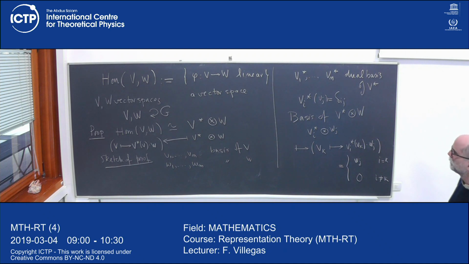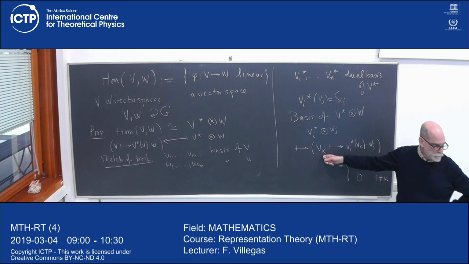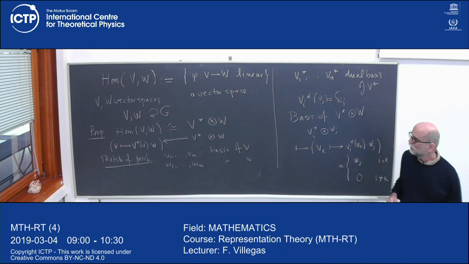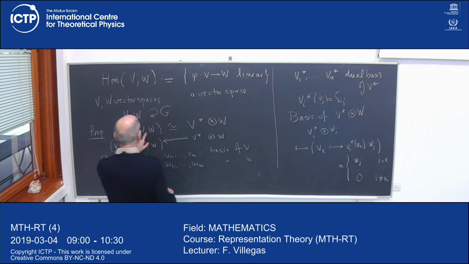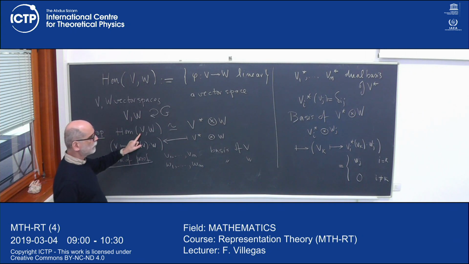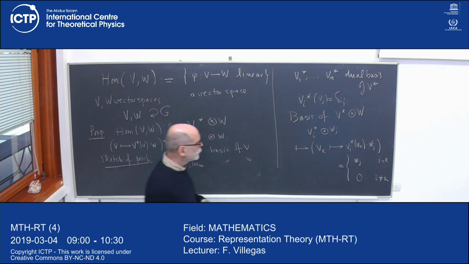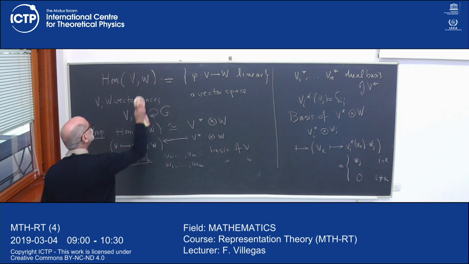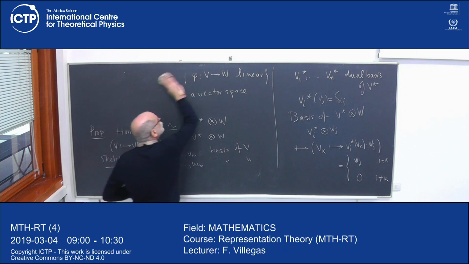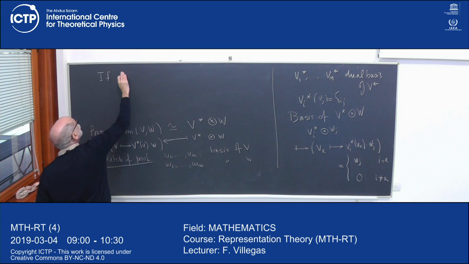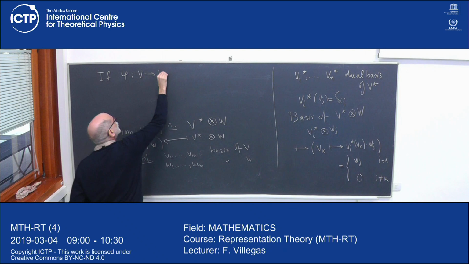So what map have we produced? The map that takes the kth basis vector of V to the jth basis vector of W. And to give a map from V to W, if we have chosen bases, you just have to tell where the basis vectors of V go to. So if we have a map from V to W, a linear map,